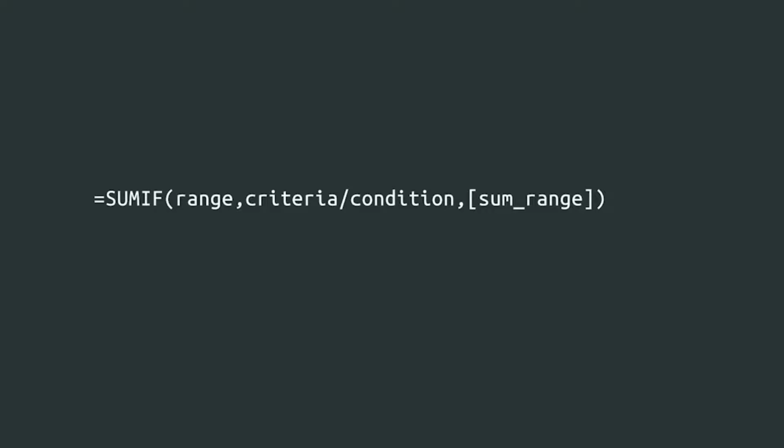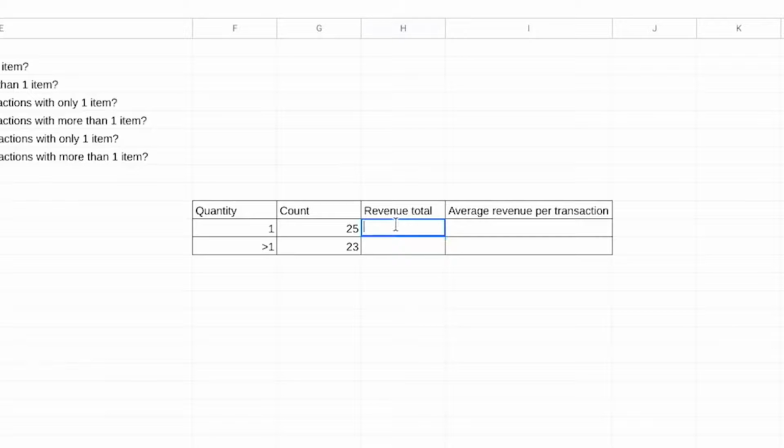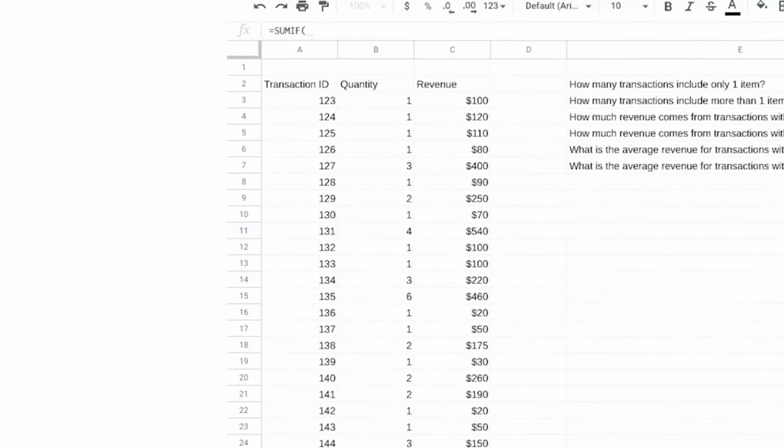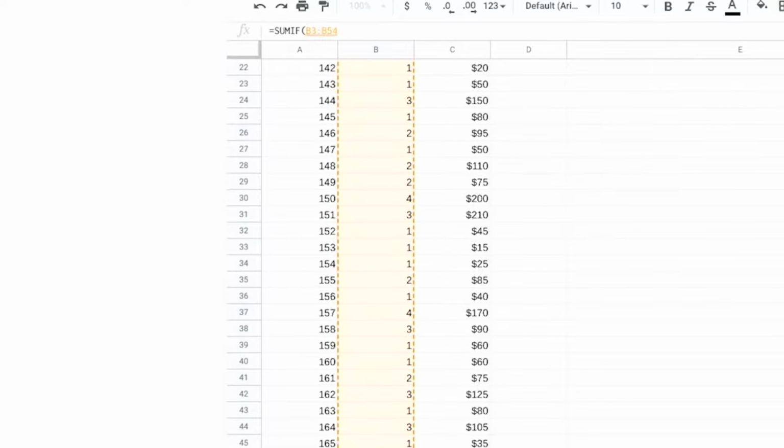So let's try this. In cell H11, we'll type our formula. The range to be evaluated is in column B, so we'll select those cells. The condition we want the data to meet is for the values in the column to be equal to 1. So we'll type a comma and then inside quotes an equal sign and the number 1.